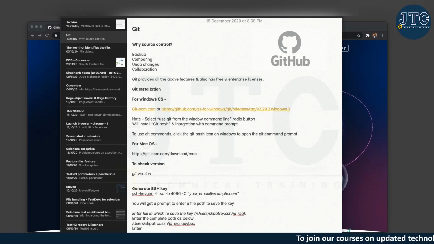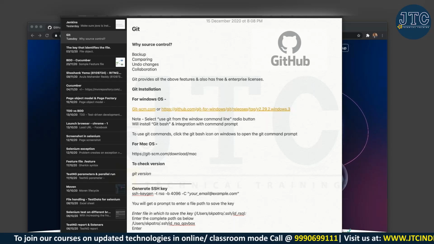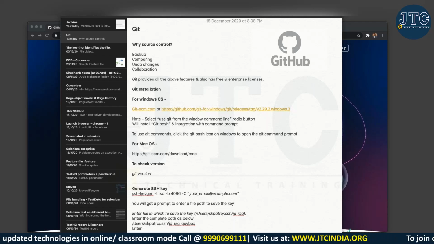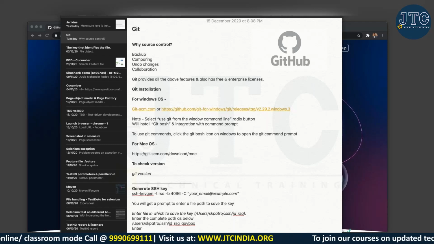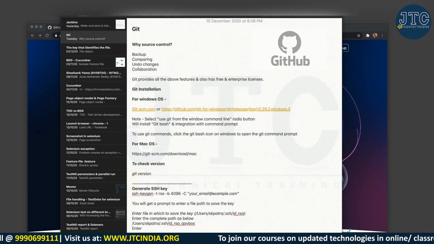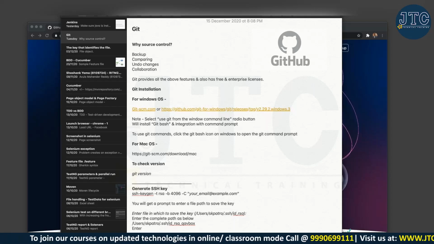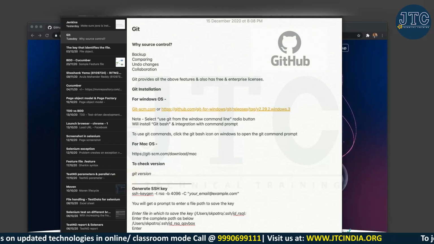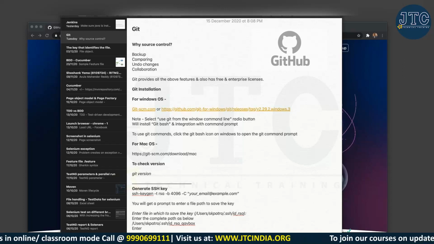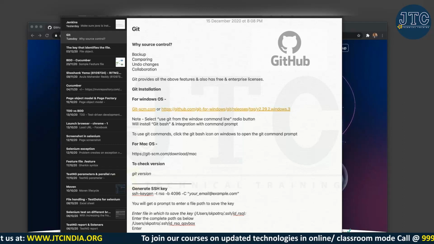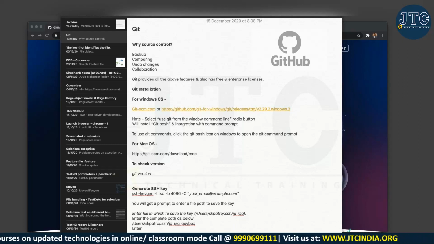One of the benefits is collaboration. As I told you, if multiple people are working, to avoid the conflict we are using source control. Undo changes, I already explained that. Comparison: let's say that I have written certain code and I have given you that document. Now you have edited something, and you want to know what Sunil changed and what you have changed, because you might not be keeping track of all the stuff that you have written. So source control gives you an option to see what each user has changed, so that you can compare and see which one is needed.